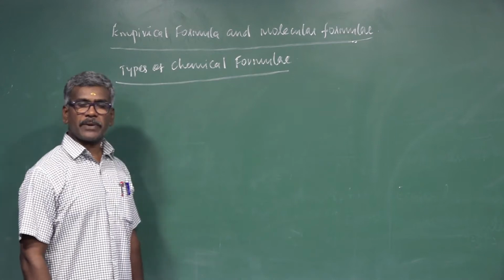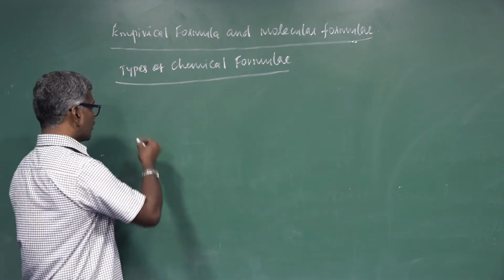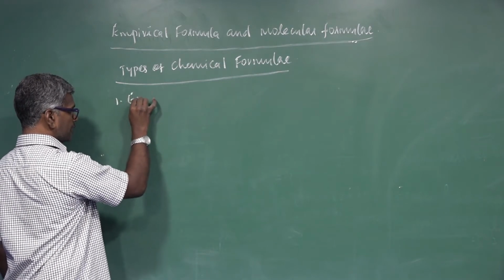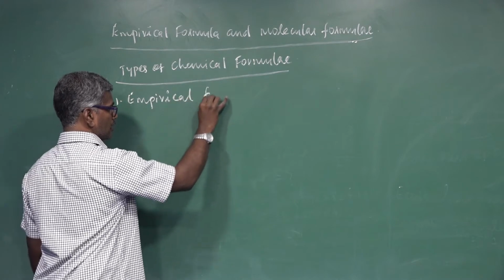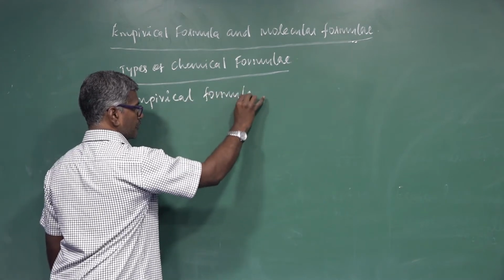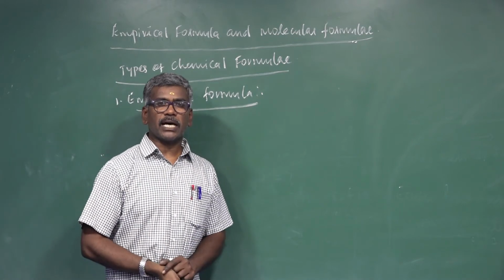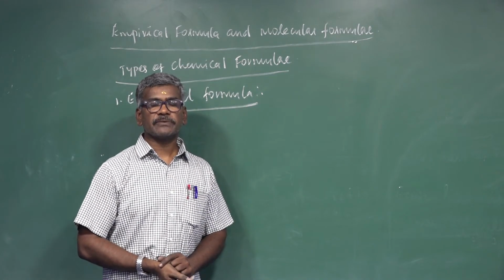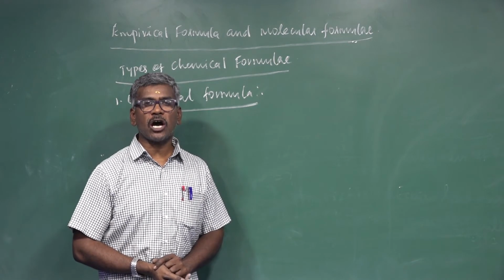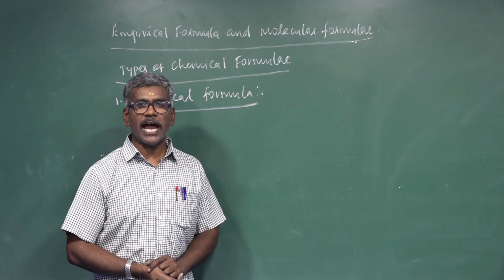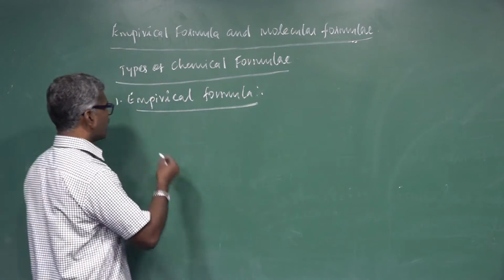There are two types of chemical formula. First one empirical formula, another one molecular formula. First we discuss empirical formula. Empirical formula is represented as the simplest whole number ratio of different kinds of atoms present in the molecule of the compound. For example,